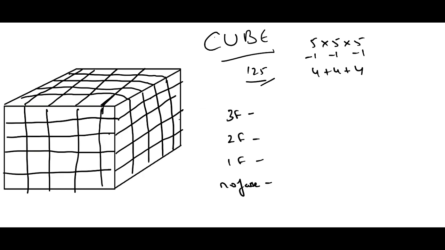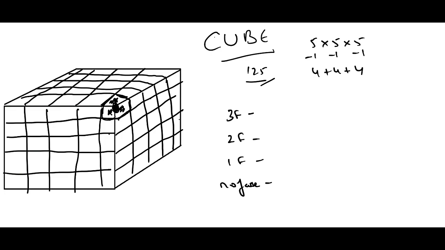We have a cube here which has 3 open directions, and all the 3 open directions would have been painted when the cube was in a larger form. When the cube was in its original form, we painted it in a single color completely on all the 6 faces, and then we cut it into 125 pieces. So when this piece was in its original form, it would have been painted on all the 3 sides, and this is only one cube. So on this corner we have one cube.